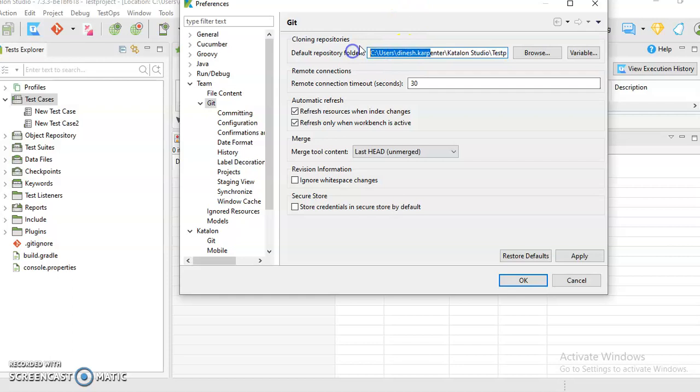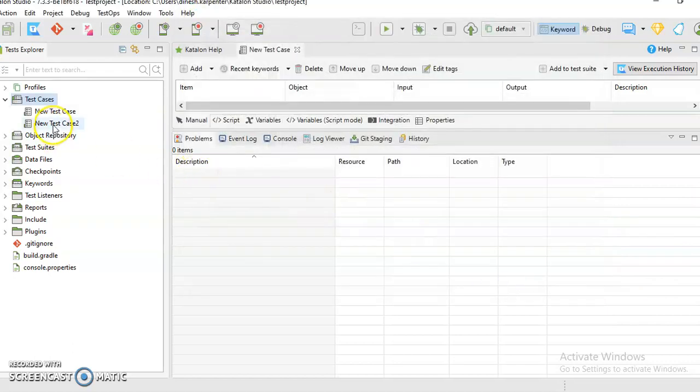This is my test folder which I want to push to Bitbucket. I paste my path here, then click Apply and OK. By default it will take my project from my system path. You have to specify the path, then it will clone or copy that project to the Bitbucket repository.